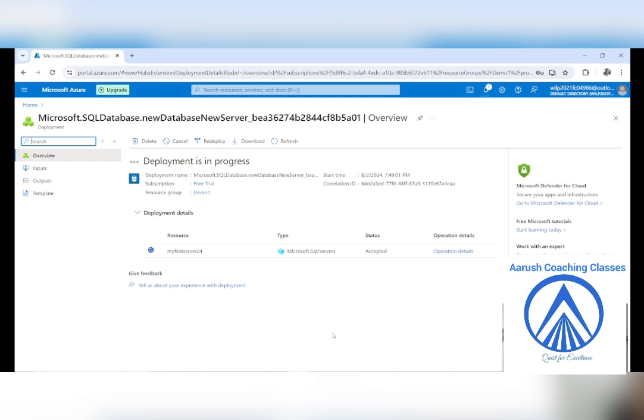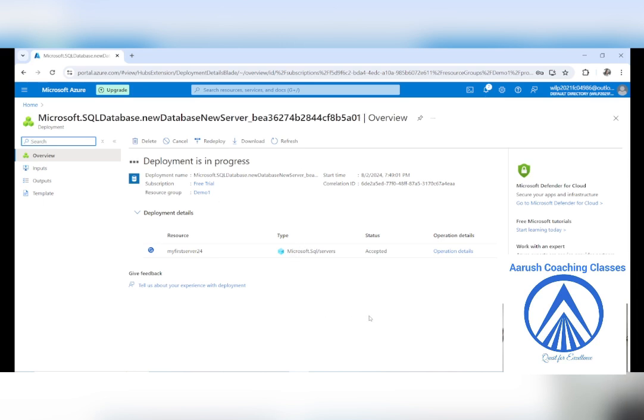And students, what I would say is, on the right hand side, you always get the information, right? And what is that information? Whatever is being created, everything you will get on the right hand side. The details will be there. So please make sure that whenever you are doing anything, on the right hand side, all the steps are being listed, so you will get to know what is happening. Okay, so see, it will take some time.